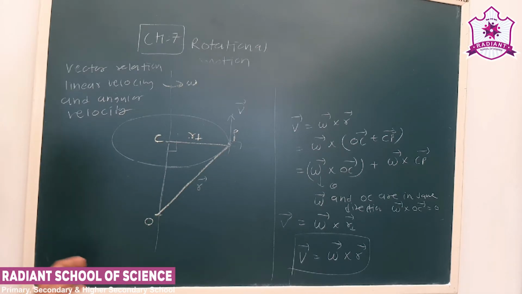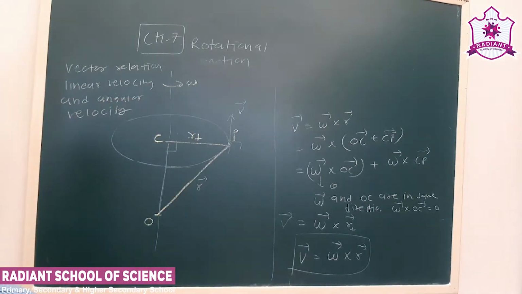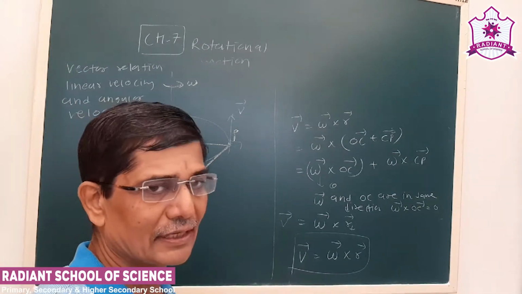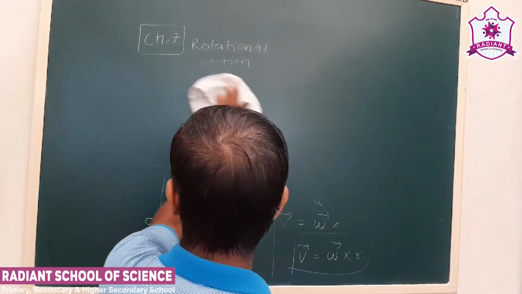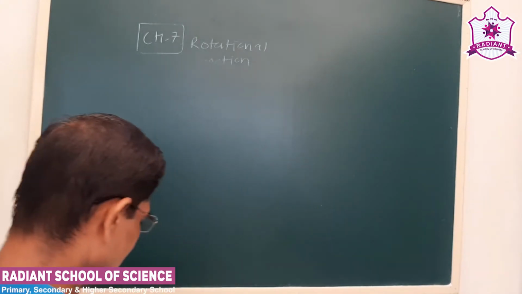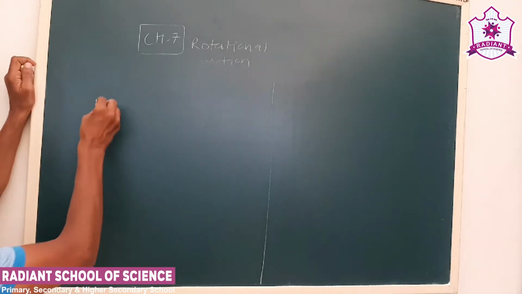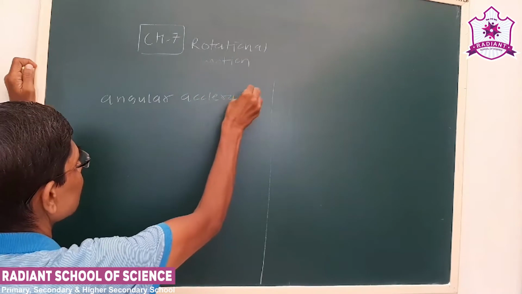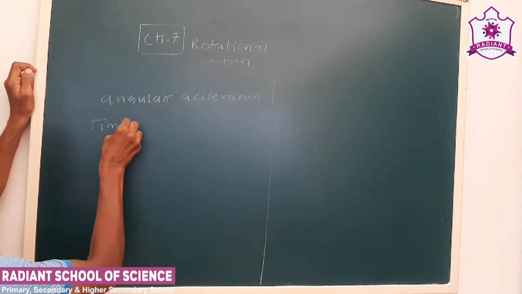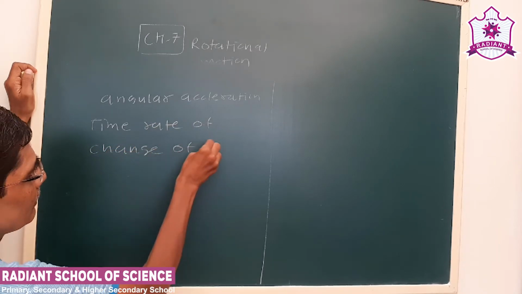Okay. Now this is about one more quantity. First we talked of angular displacement, then the angular speed, now angular velocity. Next we have to see about the angular acceleration. It is analogous to linear acceleration, in our linear motion acceleration a. Now next, the time rate of change of angular velocity